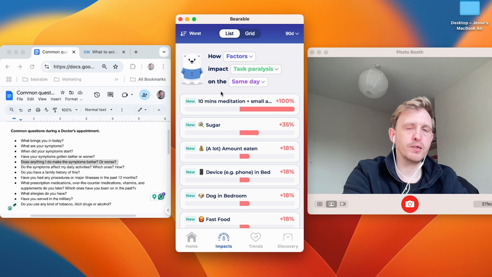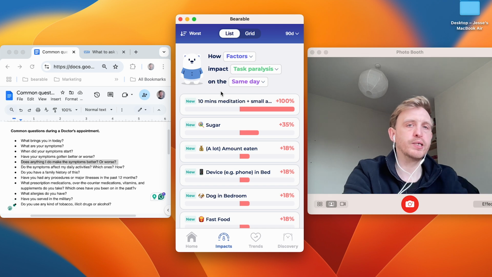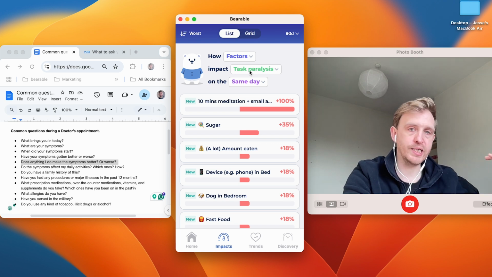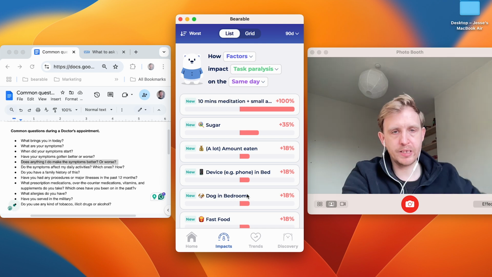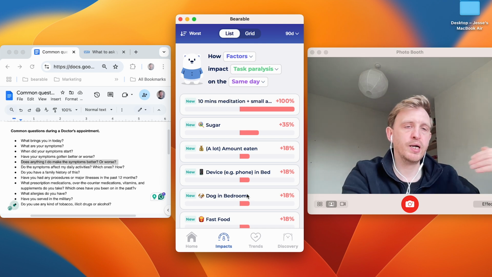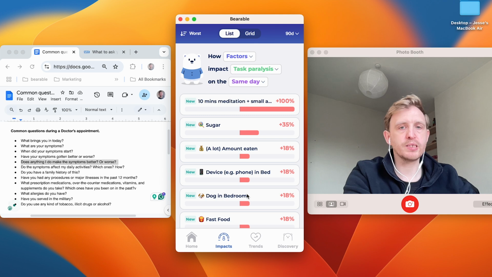Some of these, or all of these, are correlations and not causation. And so you need to think through how likely it is each of these is really contributing. So sugar and task paralysis makes sense. Sugar has an impact on my ADHD, therefore it's likely to have an impact on my ADHD symptoms. Having a dog in my bedroom might impact my sleep, and maybe that has an impact on my ADHD and my task paralysis, but certainly it's unlikely that there's going to be a direct cause and effect between a dog and my task paralysis.